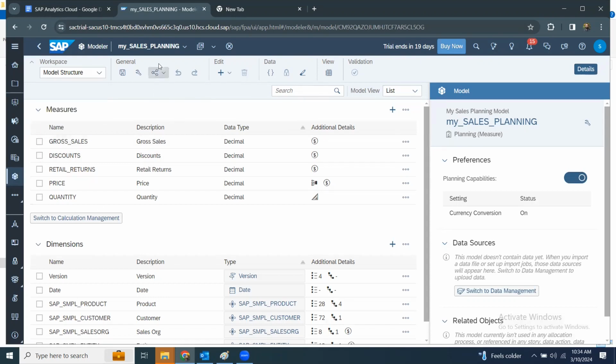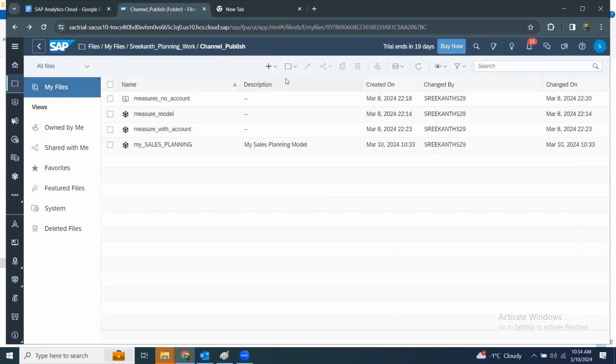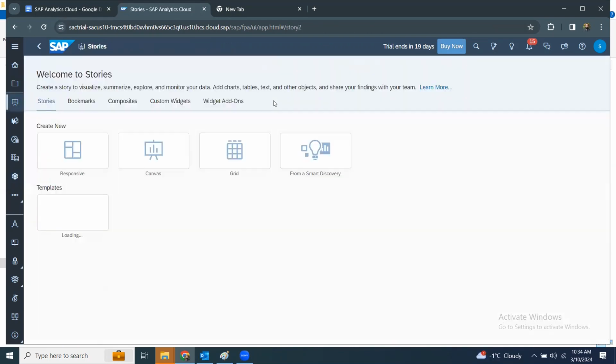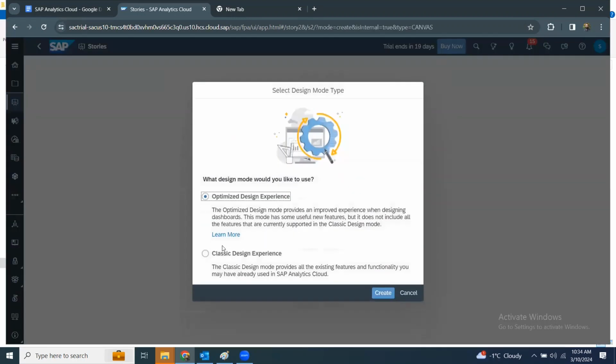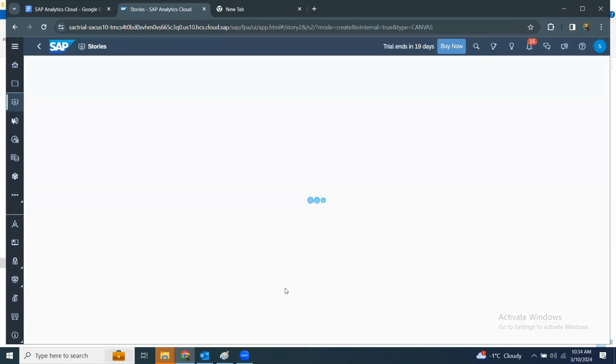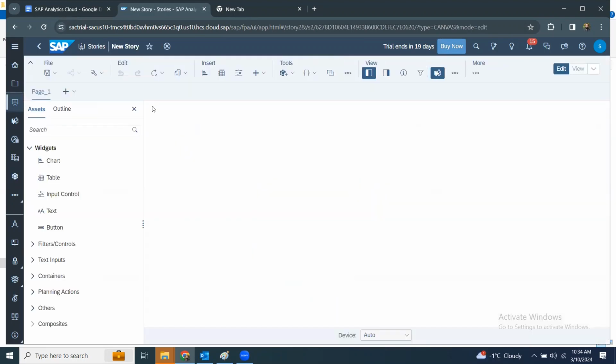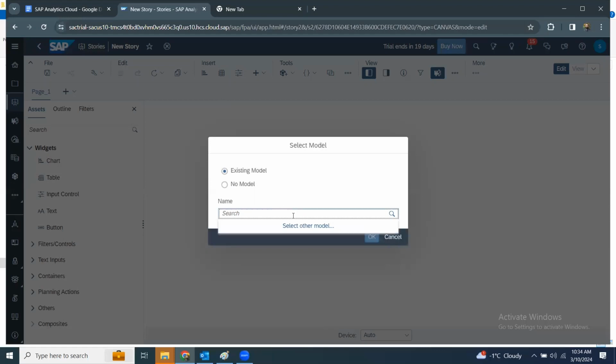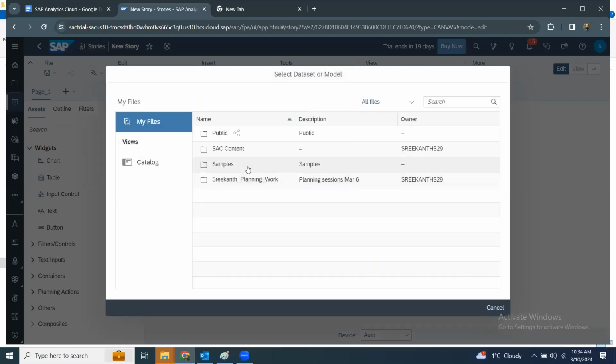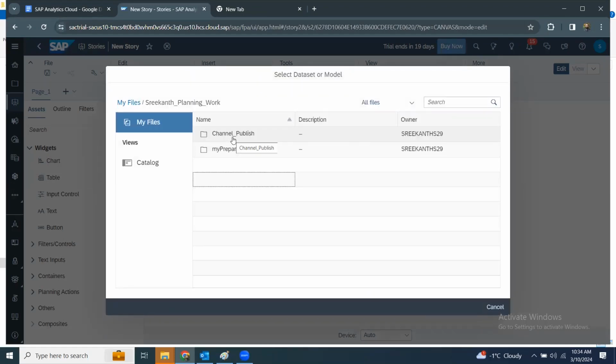Okay, let's take a look at the data on the model that I created just now. So for that, I'm going to create a new story. We'll go back and start creating a new story here. I'm going to put it in Canvas page, design experience. Right there, I will bring in a table, existing model, and pick the recent model that I created or copied from channel model,